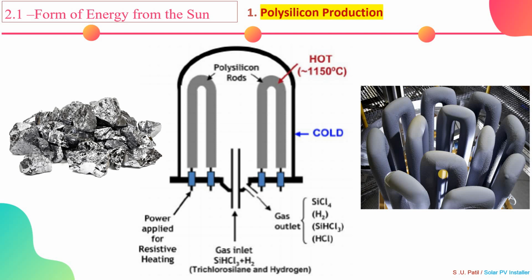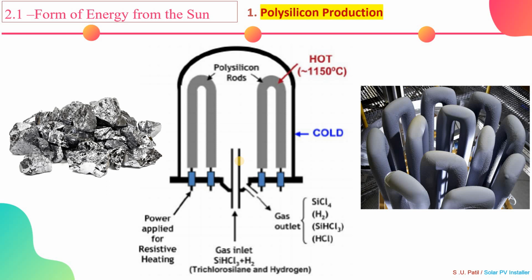With the help of resistive heating, slim silicon filaments are heated up to 1,150 degrees Celsius in a steel bell jar reactor. As we can see, this is the steel bell jar reactor. The gas mixture of trichlorosilane and hydrogen passes over the slim silicon filaments. Trichlorosilane has a low boiling point of approximately 30 degrees Celsius, so it can be purified in tall distillation columns relatively easily. Trichlorosilane deposits silicon on the highly pure, slim silicon filaments, which are heated by resistive heating until they